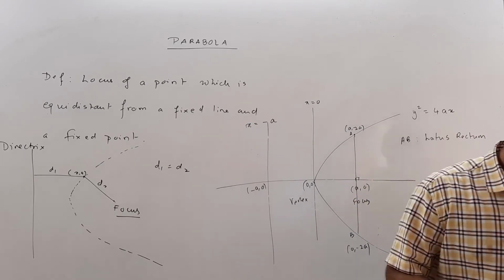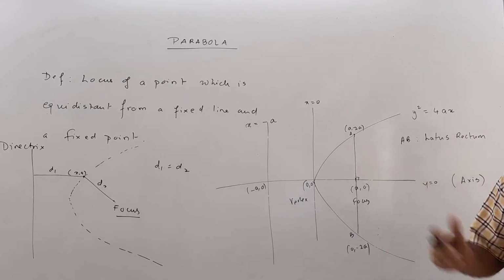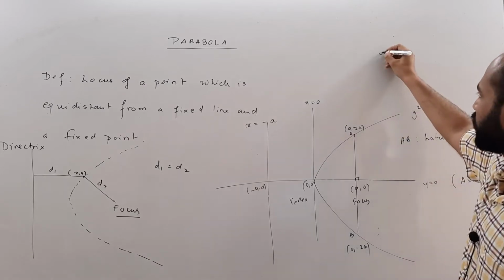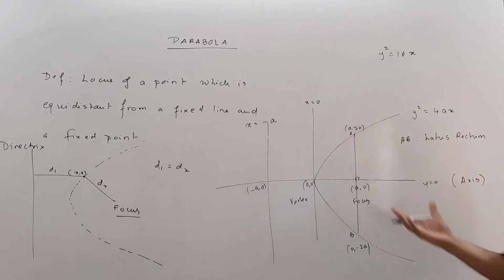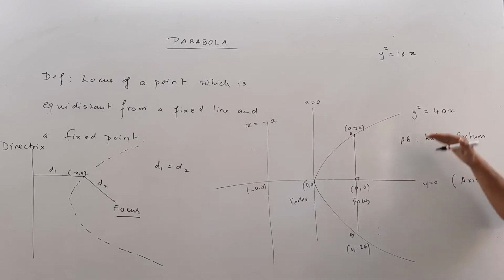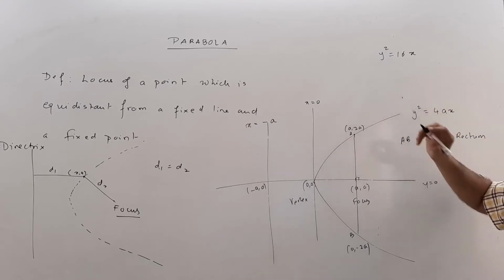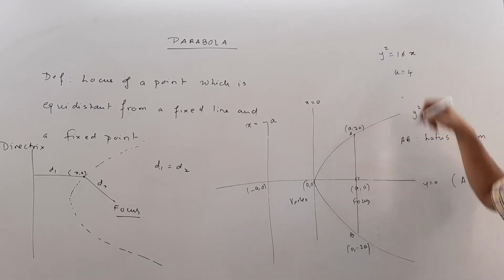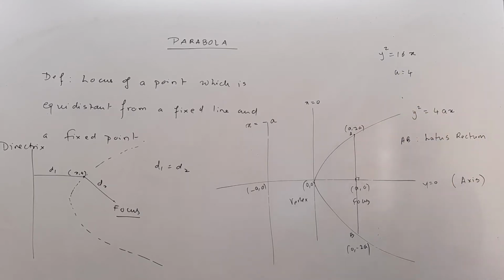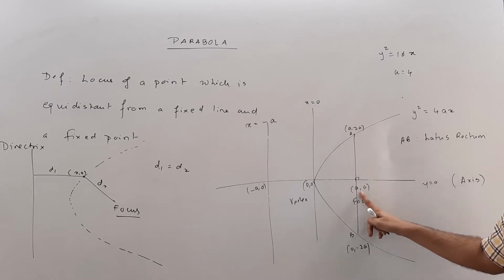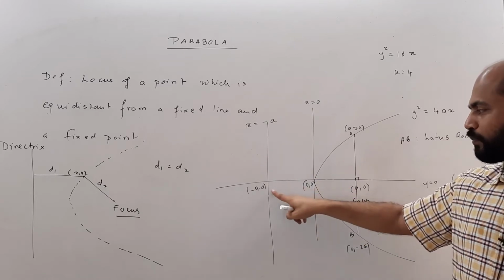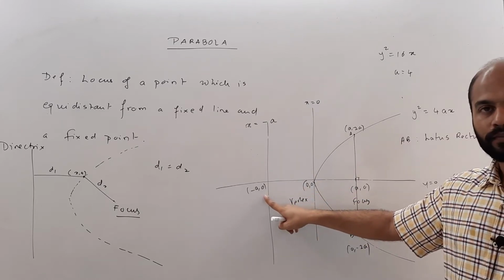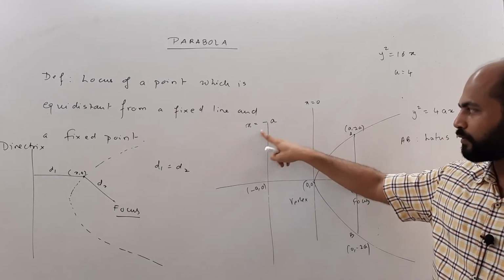Let's take some examples to understand this in a better way. Let's say that the parabola is given as y square is equal to 16x, and now we have to find all these details. So comparing this equation and this equation, we understand that 4a is equal to 16, which means that a is equal to 4. So in this case, the focus is going to be (4, 0), the vertex is going to be (0, 0) of course, this point is going to be (-4, 0), the directrix is going to be x equals minus 4,